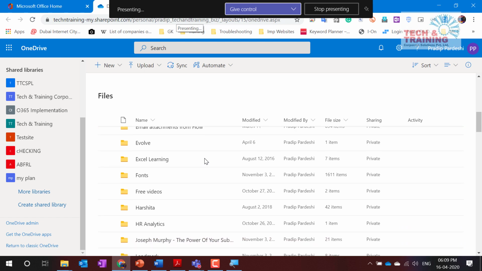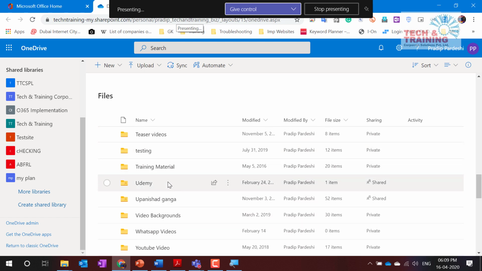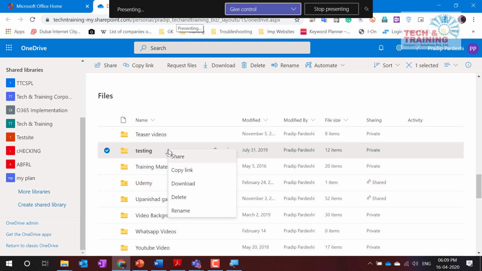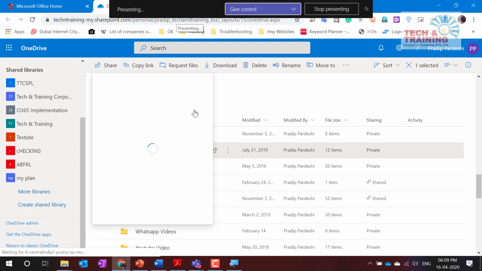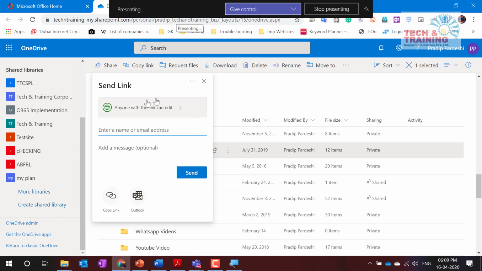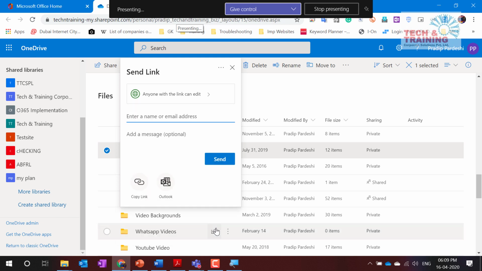So I go to my browser and here I go ahead and this is nothing but testing folder. So I do right click and I click on share. Yeah. Now when I click on share, here I have these four options. So let me tell you, I can use this feature on my desktop as well as on the cloud.